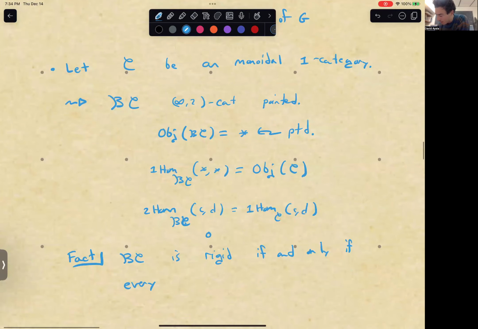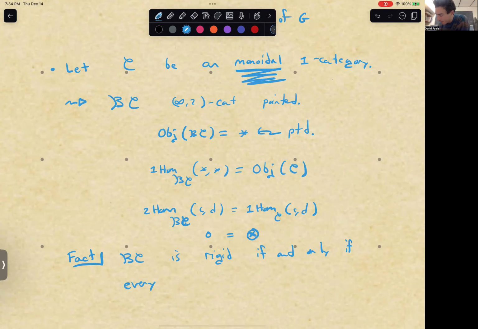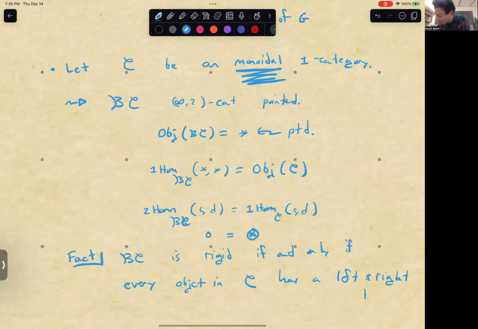Composition is the tensor product in C, so that's where we use the monoidal structure. And BC is rigid if and only if every object in C has a left and right dual. So that's a great way of producing examples of infinity two categories